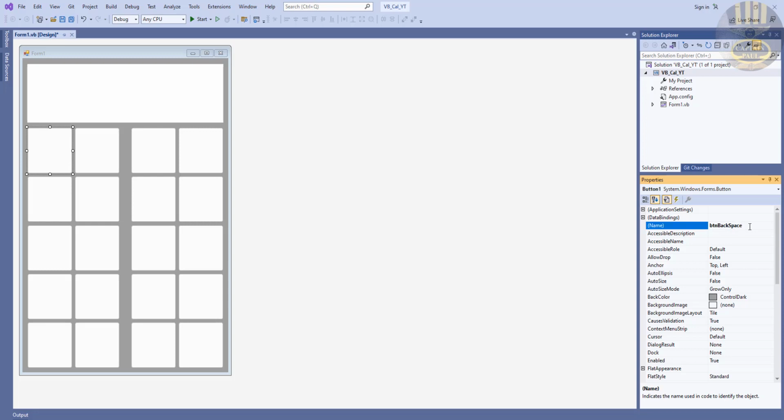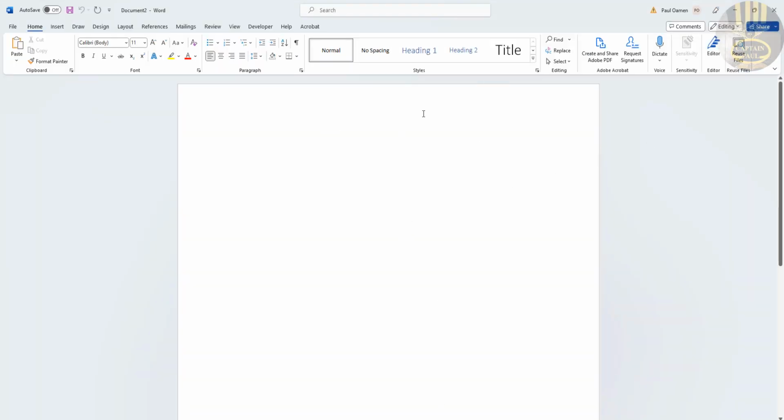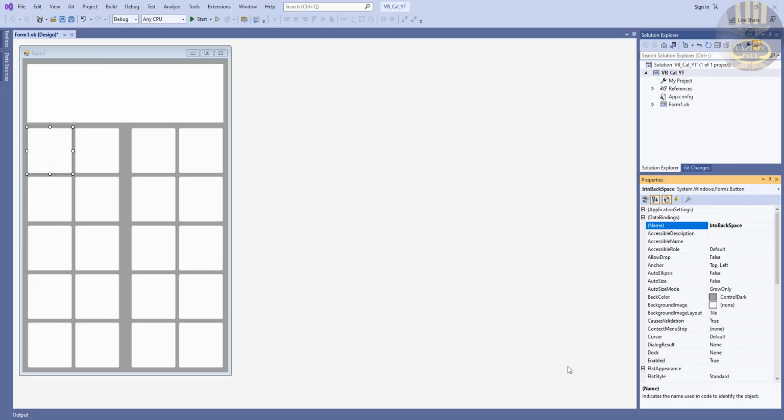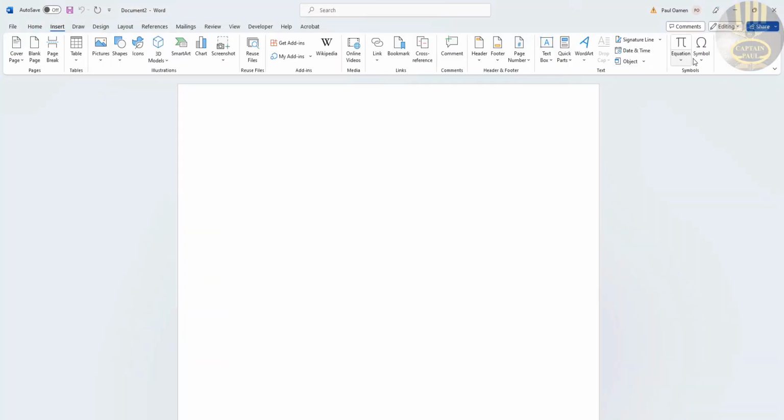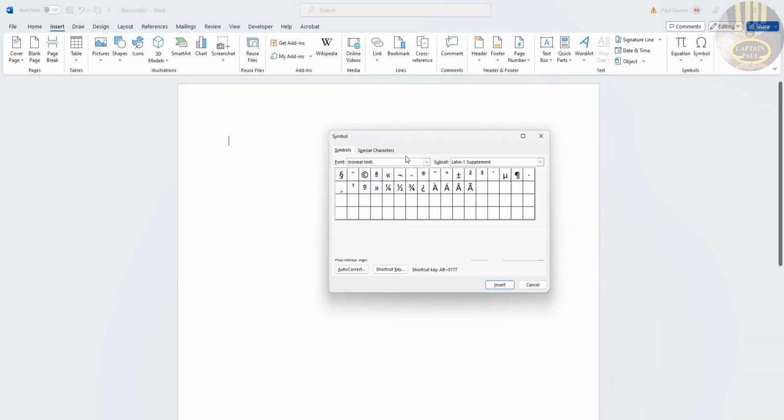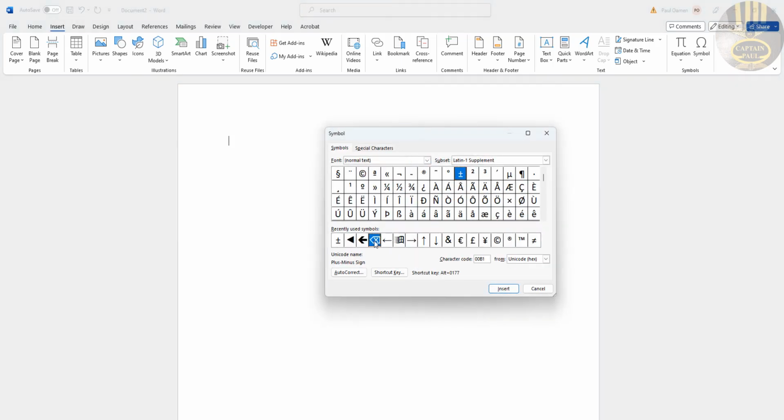It is a good practice. Just give them a name. You see the backspace, I'm going to copy a backspace from Word. This is a Word document, okay? I've just opened up my Word document. Now go to Insert, and I have the symbol for backspace in here. There we go. The symbol of this backspace, you will find that